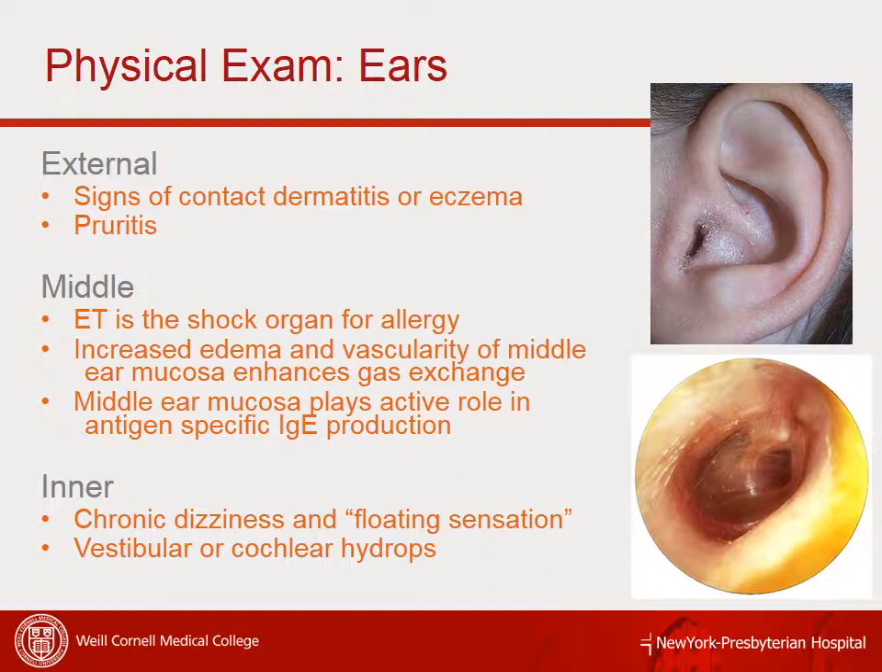We see increased edema and vascularity of the middle ear mucosa, and that enhances gas exchange. So you have absorption of nitrogen, of oxygen, and that can create that negative pressure inside the middle ear space. The middle ear mucosa also plays an active role in antigen-specific IgE production. I spoke a few slides ago about the ability of the mucosa in the nose to produce IgE and undergo class switching. Well, that also seems to be an ability of the middle ear mucosa as well,